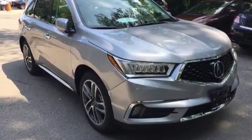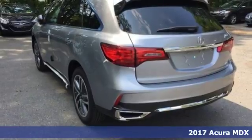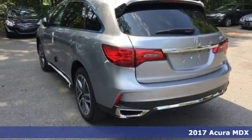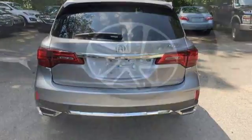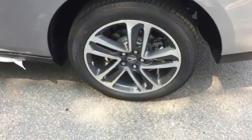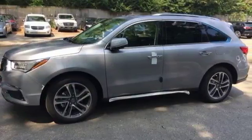Here's a 2017 Acura MDX. Mesmerizing design and a first-class interior will have you enamored with this endlessly sophisticated SUV. Automatic dual-eye LED headlights, smart entry, ambient cabin lighting, Bluetooth, Sirius XM satellite radio, and moonroof are enchanting to the